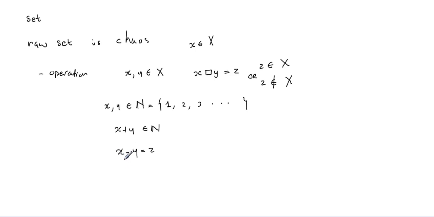But if you take another operation like x minus y, this z which ends up here could end up in two cases: z is in the set, or z is not in the set. We know that for a fact. This is what teachers would say when you can't get an answer which is natural: we can't.